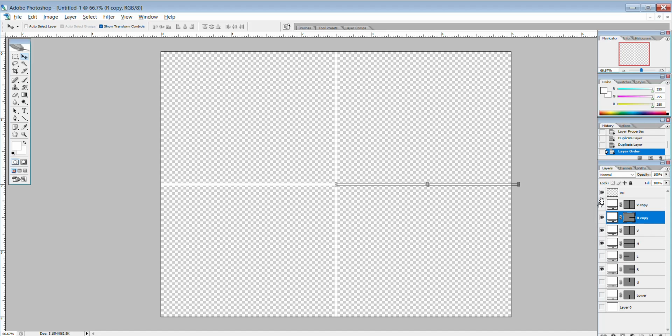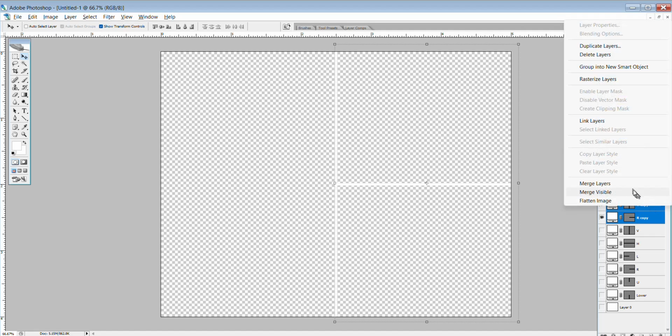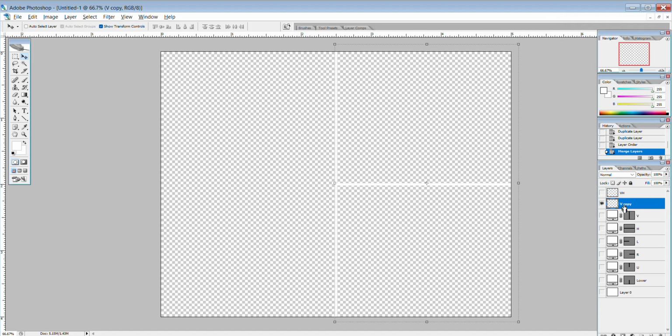You can see that if I turn off these other ones, because we don't need to see those, I just want you to see this. If I click here once, Control, and click the next layer, right-click, and merge those two layers, you can now see that I've created a vertical that has a right hook to it. So in essence,